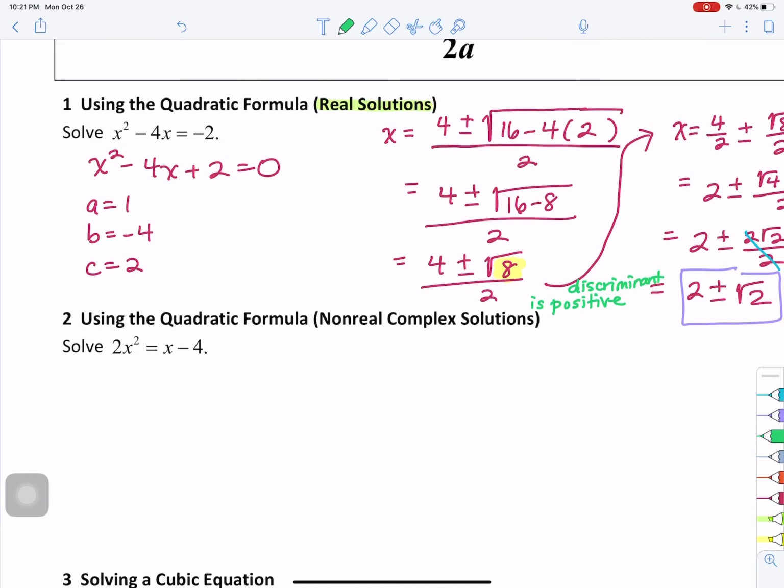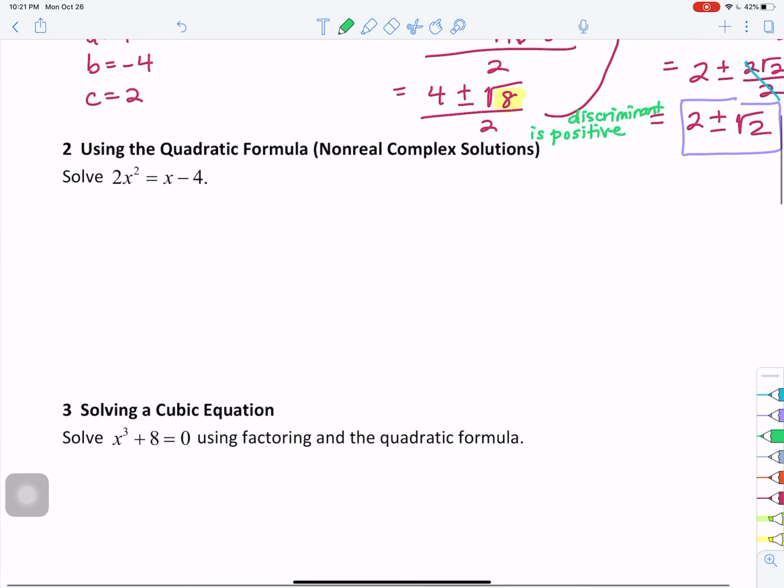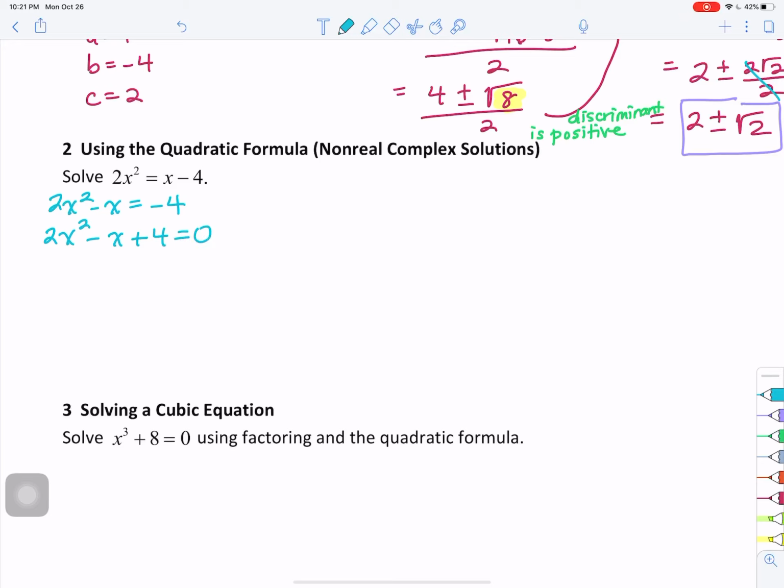Okay, now let's go ahead and look at number 2. Okay, so we have to bring everything over to the left-hand side. Let's subtract x from both sides. And now let's add 4 to both sides. Okay, so now we have a is 2, b is negative 1, and c is 4. So x is the opposite of b, which is a positive 1,